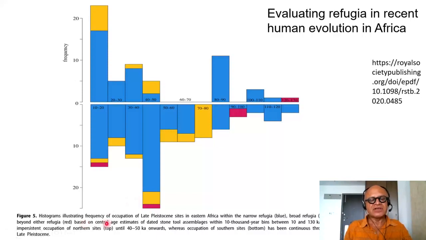So these are histograms illustrating frequency of occupation of the late Pleistocene sites in eastern Africa within narrow refugia, which are the blue ones, broad refugia, which are the yellow ones, and beyond either refugia in the red ones, based on central age estimates of dated stone tool assemblages within 10,000 year bins between 10 and 130 kiloyear, indicating persistent occupation of northern sites in the top here until 40 to 50 kiloyear onwards, whereas occupation of southern sites in the bottom has been continuous